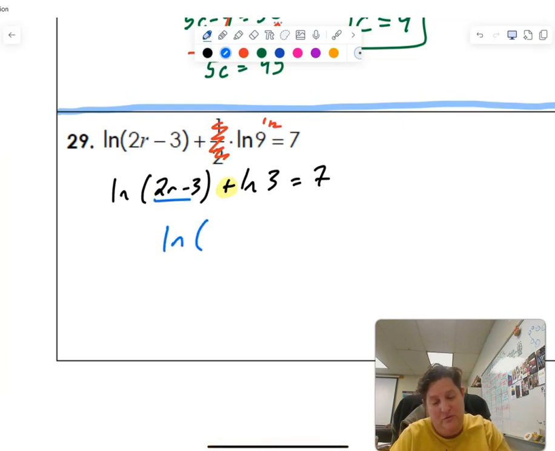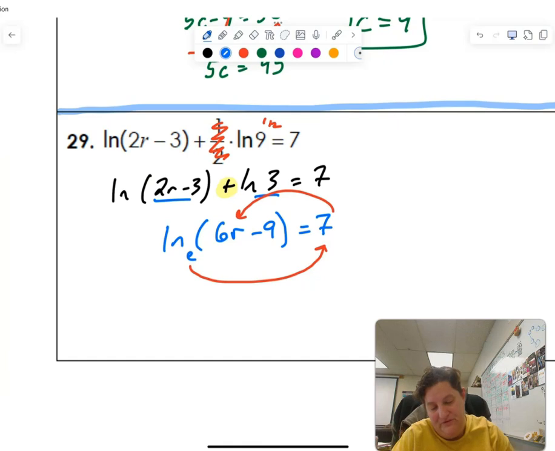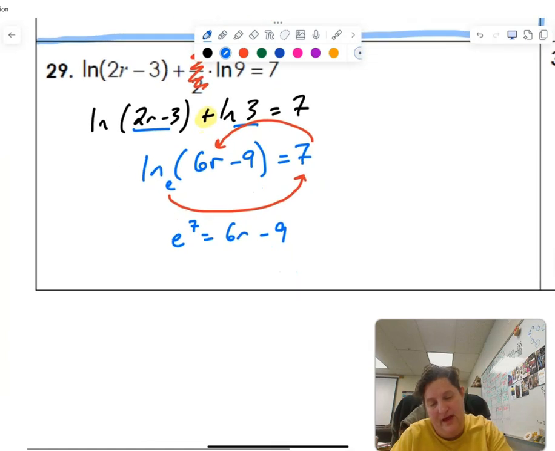So if I multiply 2r minus 3 times 3, I get 6r minus 9. And you guys are going to remember at this step, it's log base e. We go around like this. So I go e to the 7th is 6r minus 9. If I add 9 to both sides,